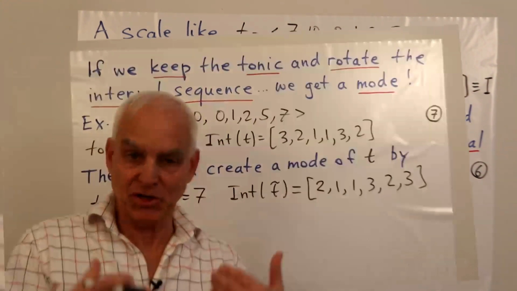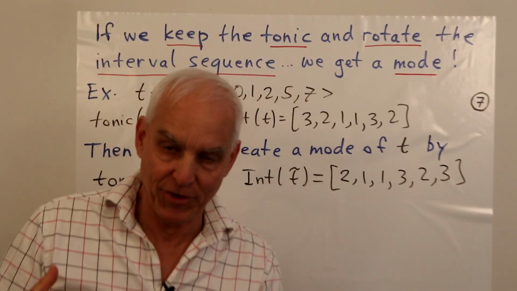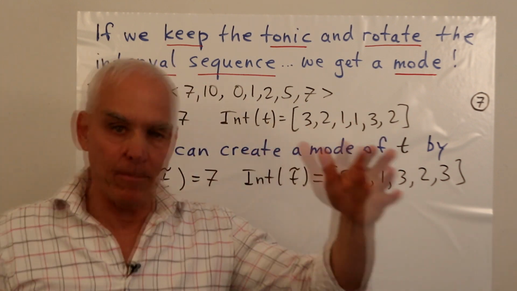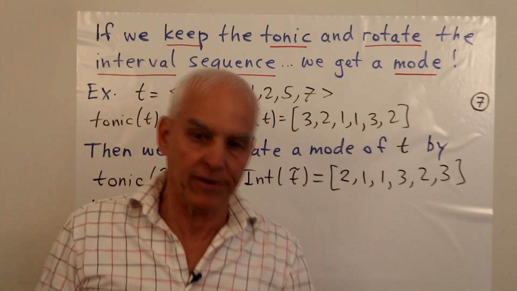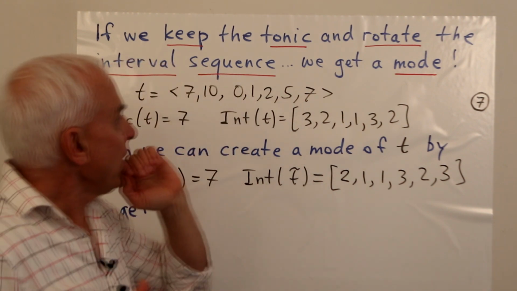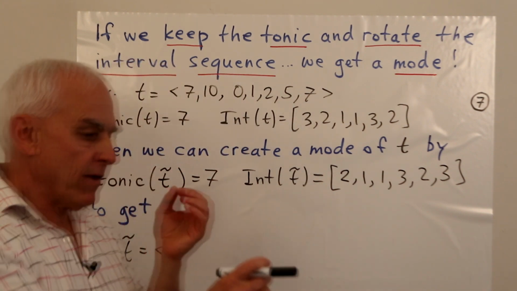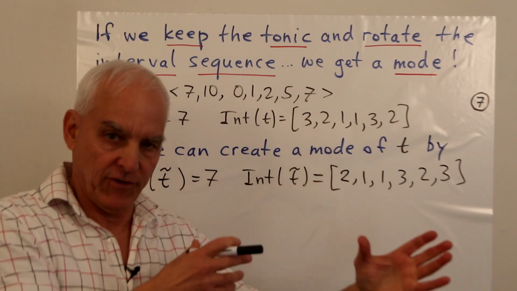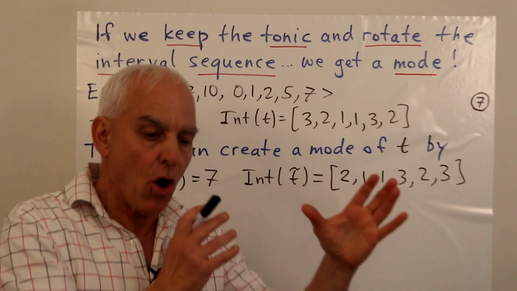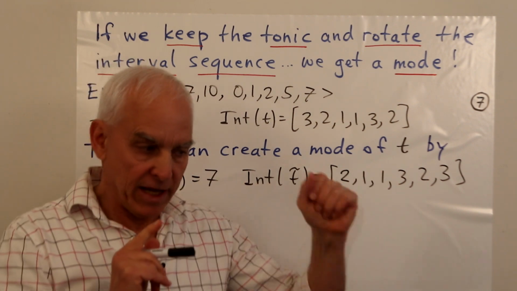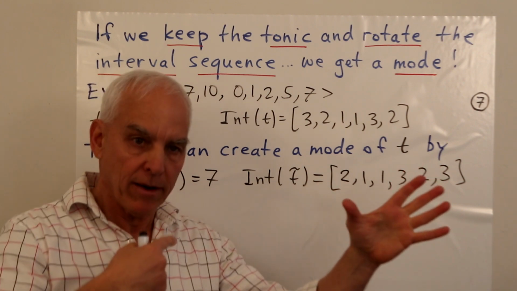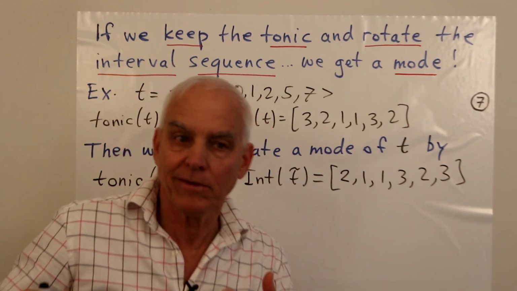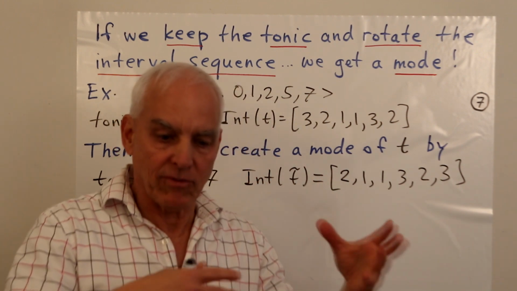And now I'm in the happy position to tell you what the modes of a scale are in a very general fashion, which goes far beyond the usual story with the major scales and the Dorian and Ionian, etc. So if we have an arbitrary scale, and we're thinking about it as comprising a tonic and an interval sequence, so we're thinking about the scale as being encoded by that information. We've just seen that if we keep the interval sequence and we change the tonic, then we're going to get another scale of the same type. It's a related scale, but it's different.